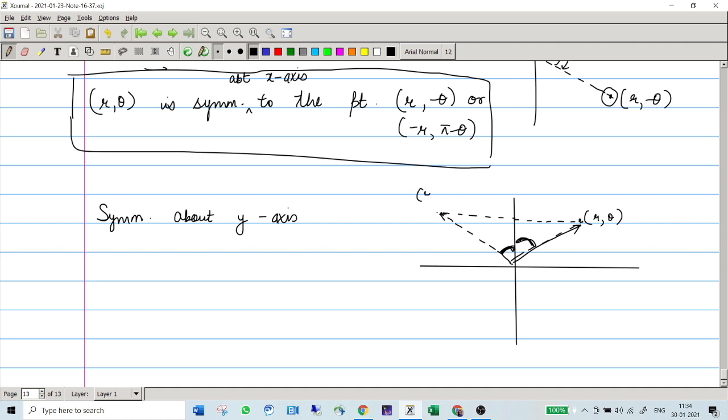So if this is (r1, theta 1), we again have to devise some relation between r1, theta 1 and r, theta so that P and Q are symmetric. We'll see how. Let us just consider r as of now. If this is your r and this is your r1 and you want P and Q to be symmetric about the axis, what is the relation between r and r1?